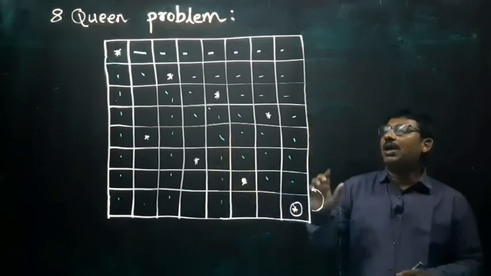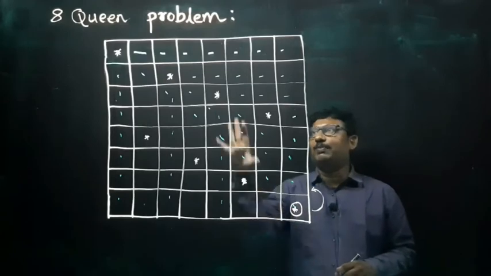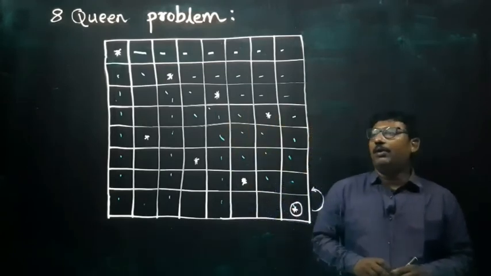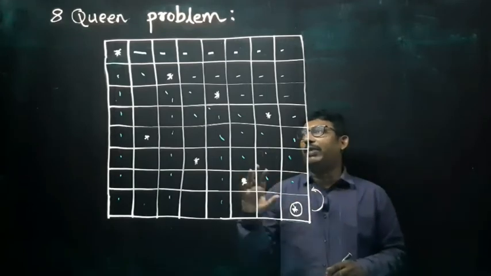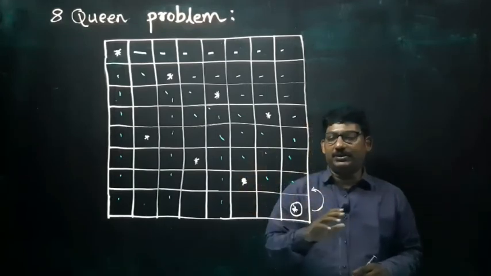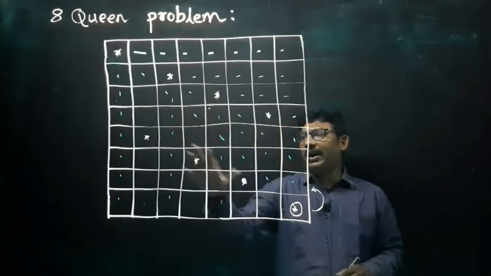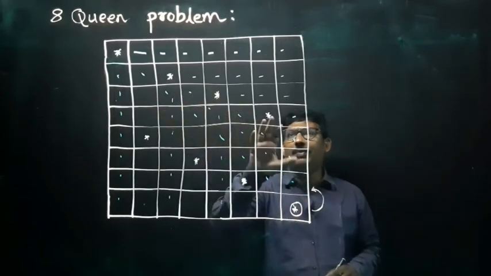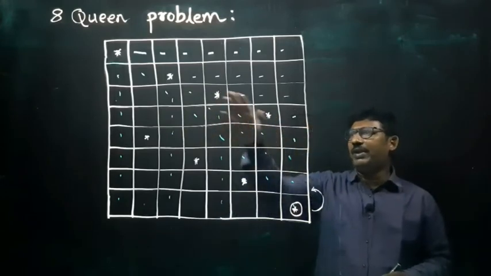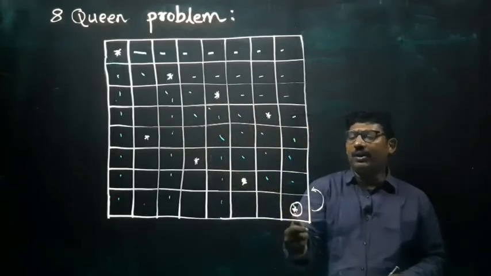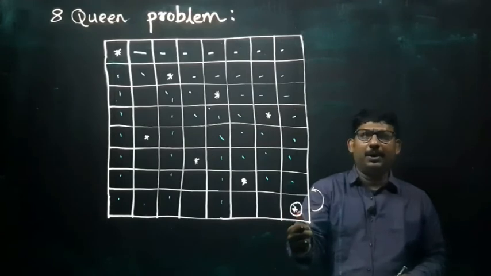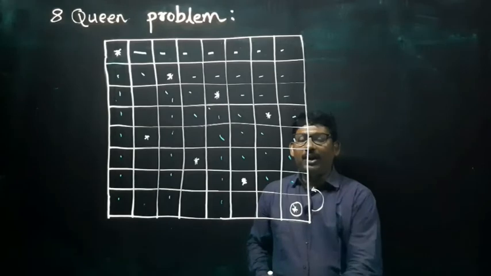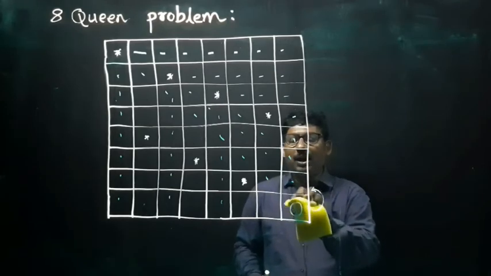Yes, there are 12 possible solutions for this particular 8 by 8 chessboard problem, where we can keep 8 queens in 12 different ways. So the first way we tried, but we were unable to succeed. This is the normal fundamental way where everyone will keep the queens, and there will be an obstacle here. There will be an obstacle here. To solve that, we have to backtrack to the next position.